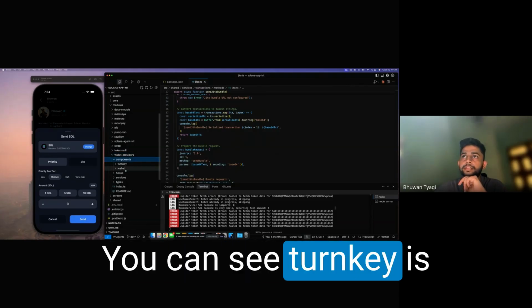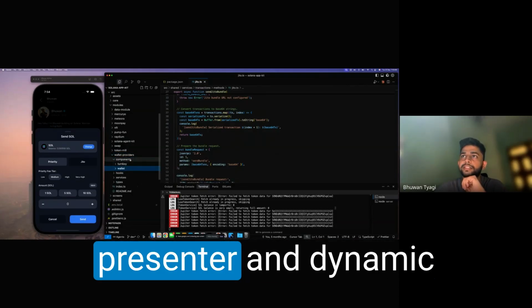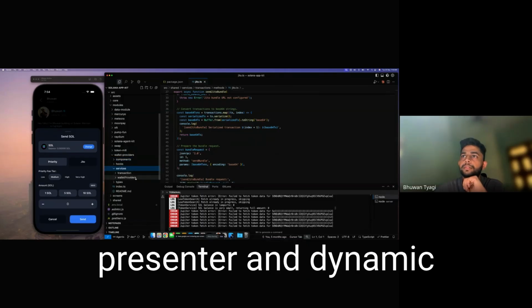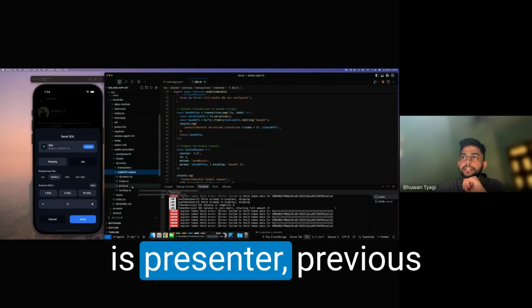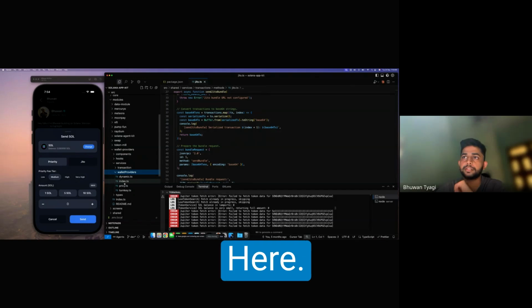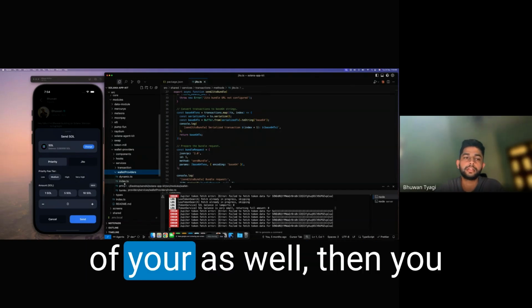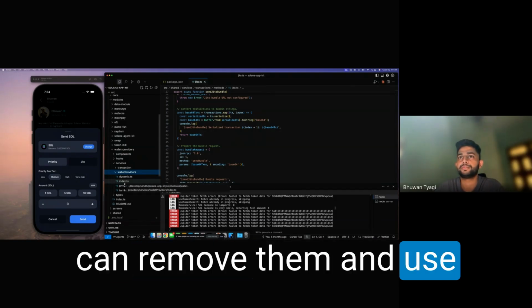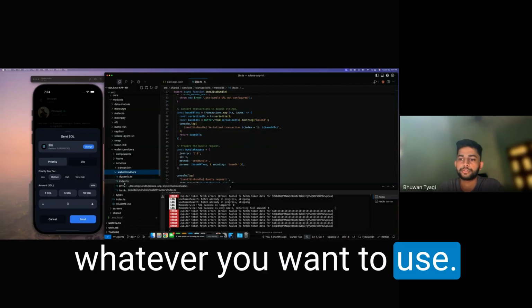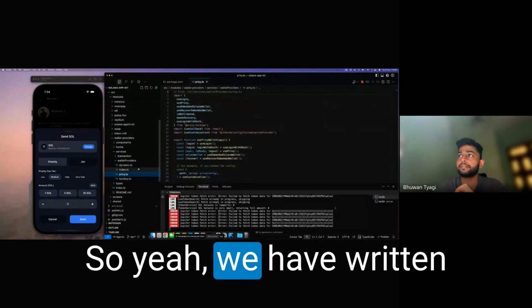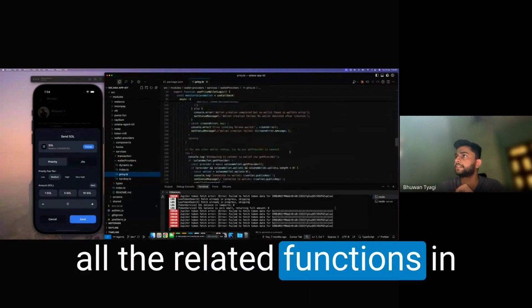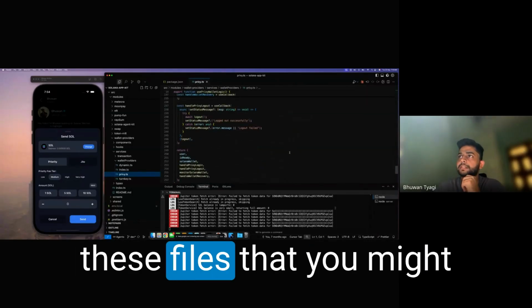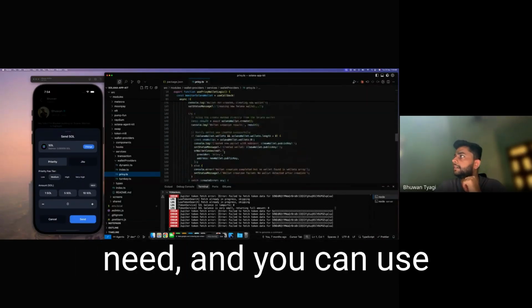You can see Turnkey is present here, Dynamic is present here, Privy is present here. If you want to add some of your own as well, then you can remove them and use whatever you want to use. So we have written all the related functions in these files that you might need,